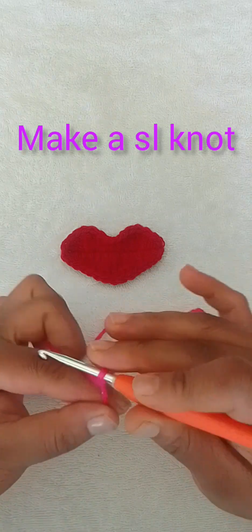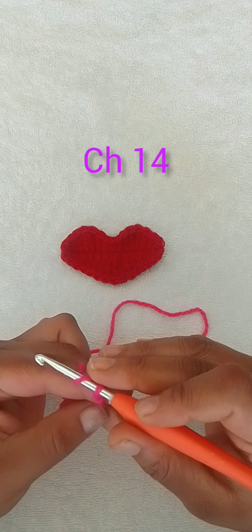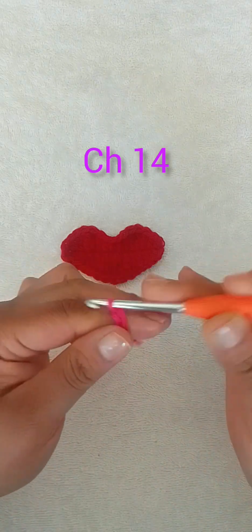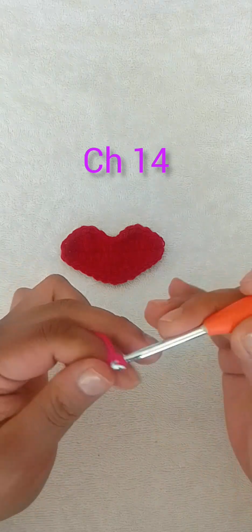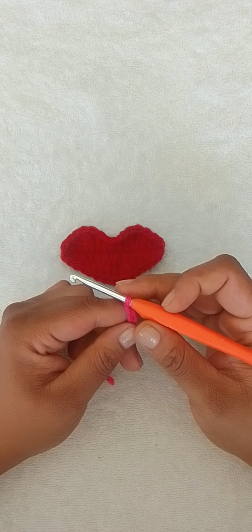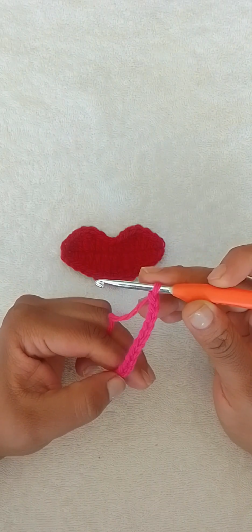You'll start with the slip knot, followed by a chain of 14. So chain 14, that's 2, 3, 4, 5, 6, 7, 8, 9, 10, 11, 12, 13, 14. If I'm going too fast or too slow, you can go into your settings and adjust it so that it plays slower or faster. Once you have your 14 stitches,